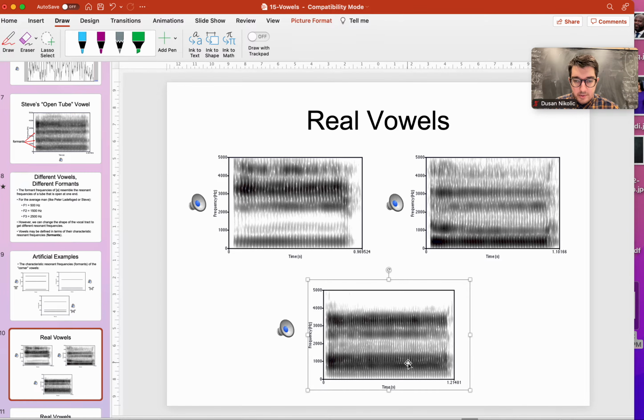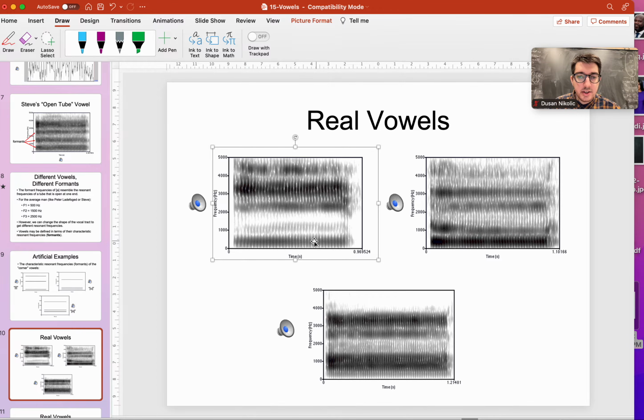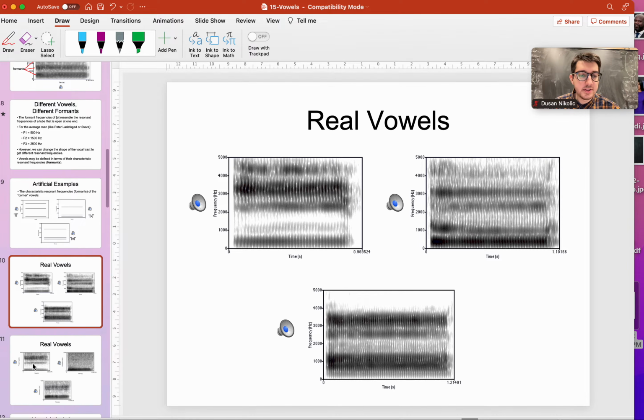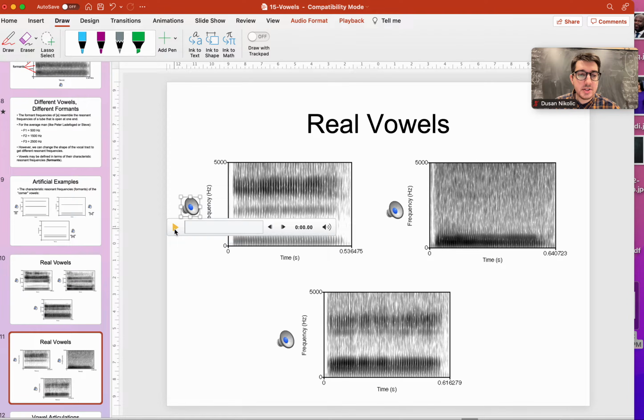And basically these lines here, the lines of greater intensity, correspond to these lines here, right? And you can see that. Even in Peter Ladefoged's E,